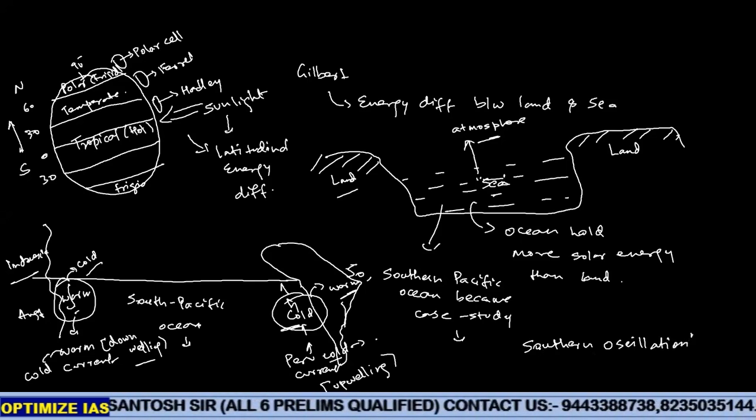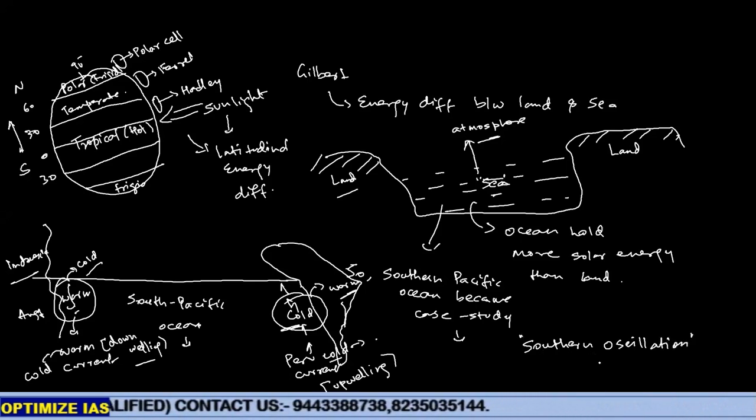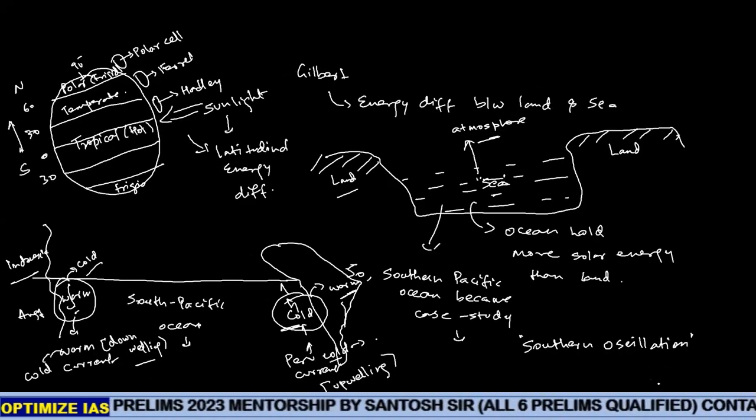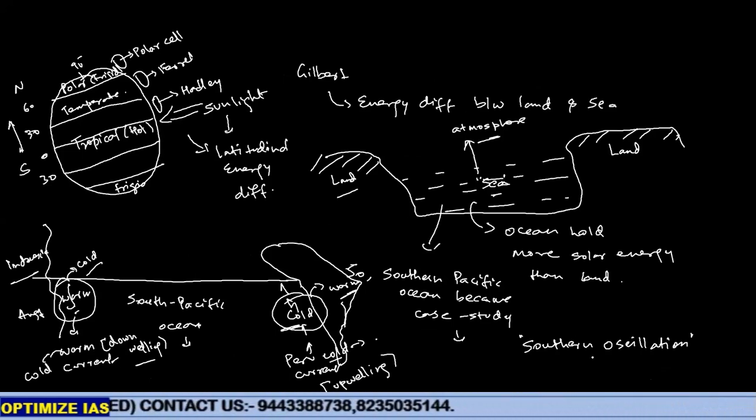That means the oscillation is that the eastern and western parts of the Pacific do not have the same temperatures. So that's why in the beginning I said the eastern and western parts of the Pacific Ocean in the southern part around the equator have a seesaw effect in terms of temperature. Cold on the east side and warm on the west, and vice versa. So he observed this oscillation, when the cold current is replaced by a warm current. So this current is called what?